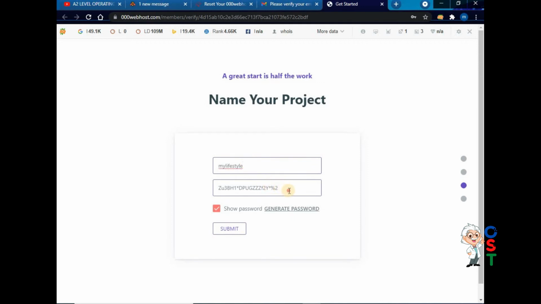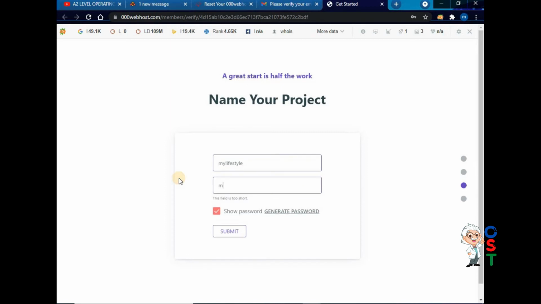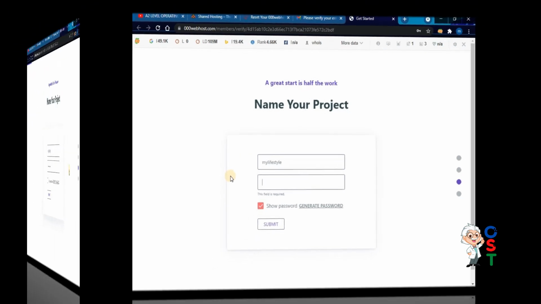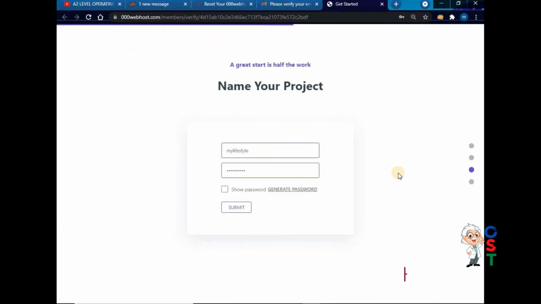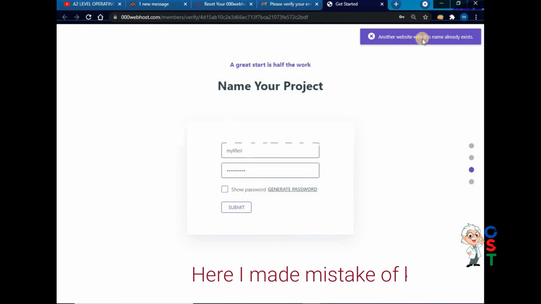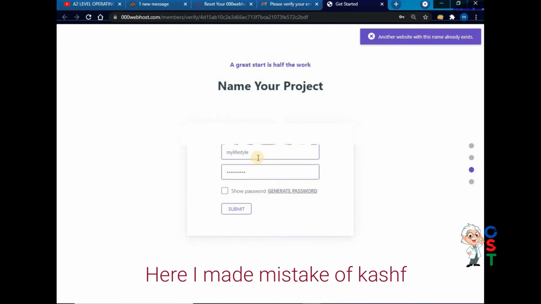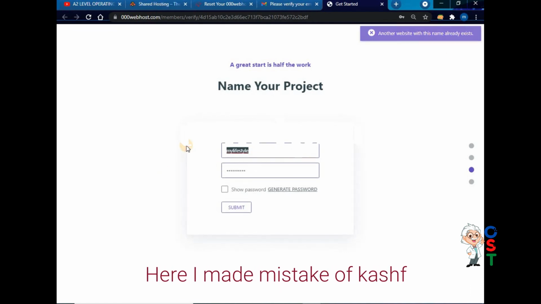Okay. Another website with the name already exists. Okay, I make it with shift lifestyle.